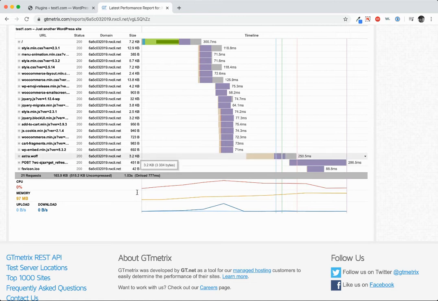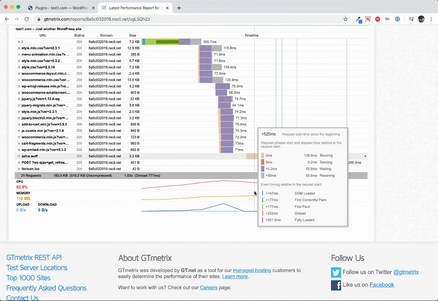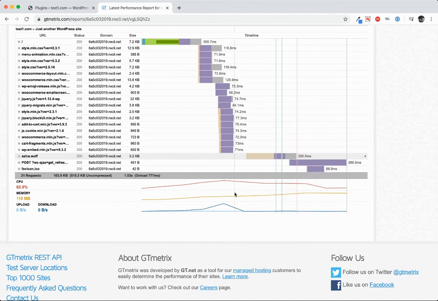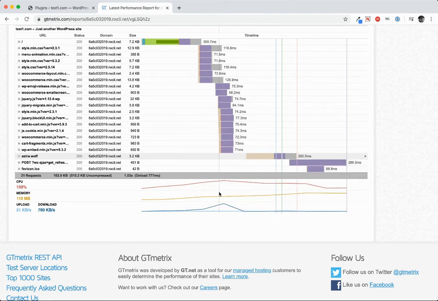So in this case, you'll see that astra.woff is loaded. It's 3.2 kilobytes. It takes about 250 milliseconds to load. And it appears to be blocking here for about 138, 139 milliseconds. So what we want to do is preload this and have it load asynchronously with some of